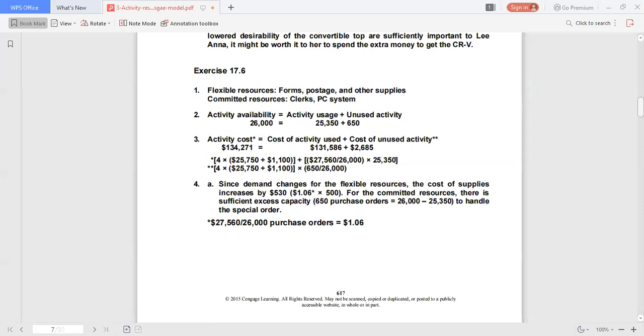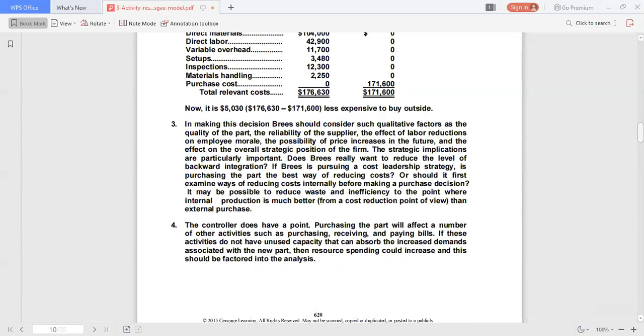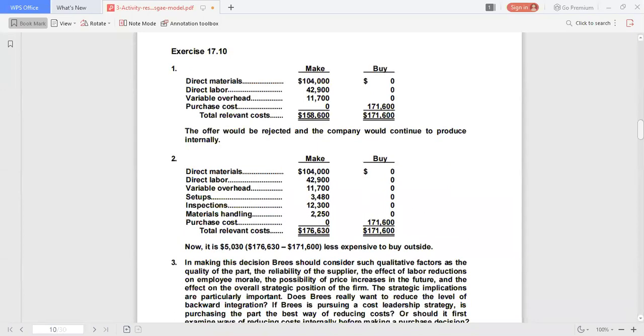3-10, or in your case 17-10. Make or buy, traditional and ABC analysis. The company, a manufacturer of golf carts, has just received an offer from a supplier to provide 2,600 units of a component used in its main product. The component is a truck assembly that is currently produced internally. The supplier offered to sell the truck assembly for